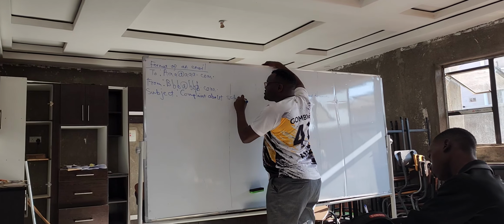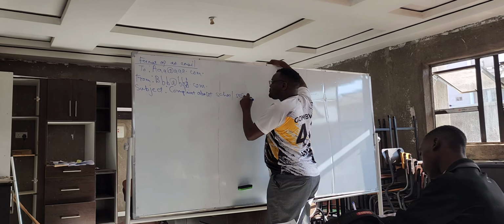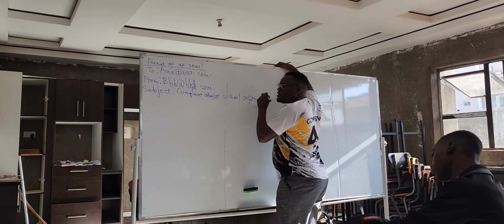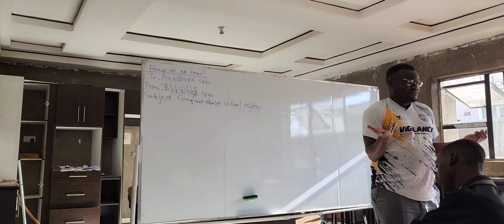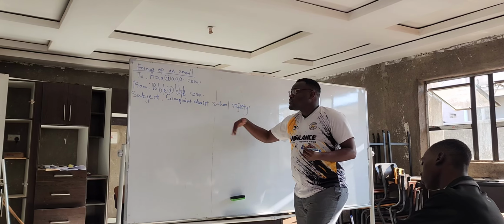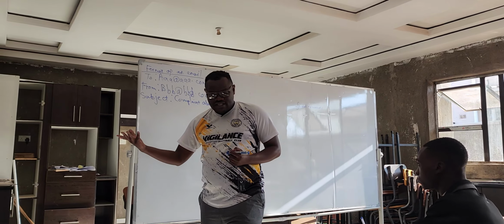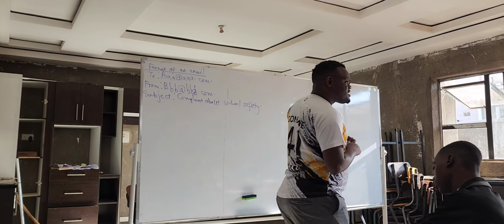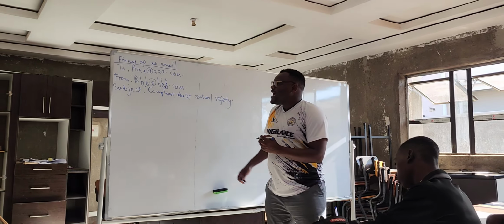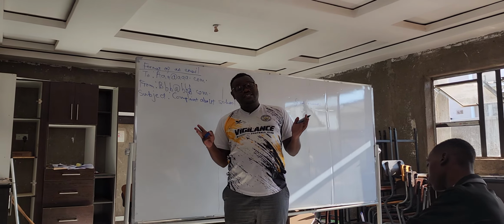Complaint about what? School safety. This means in your email, you are going to address the issues or the complaints about the school safety. Right? Then from there you can skip a line and write,